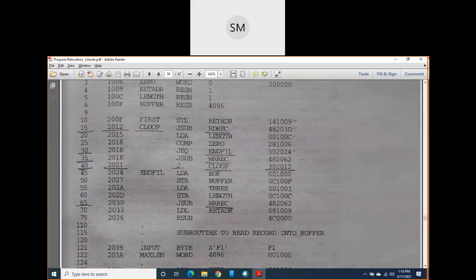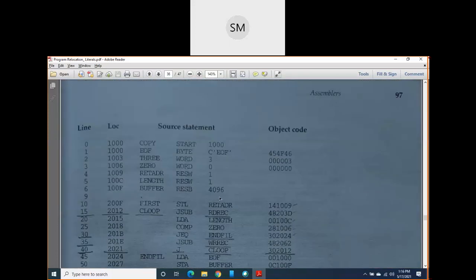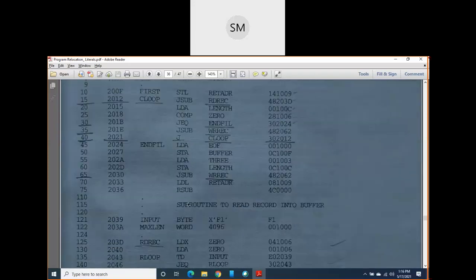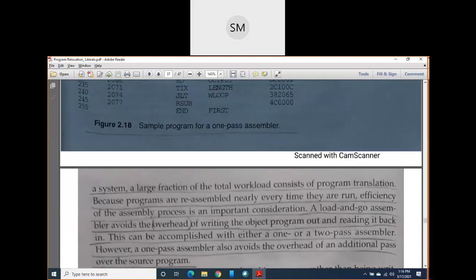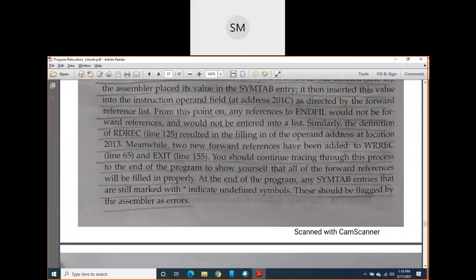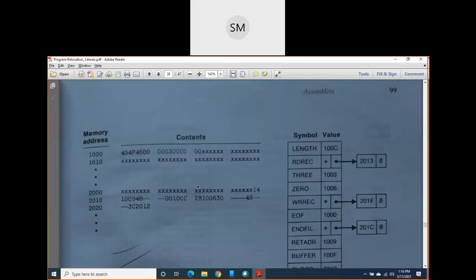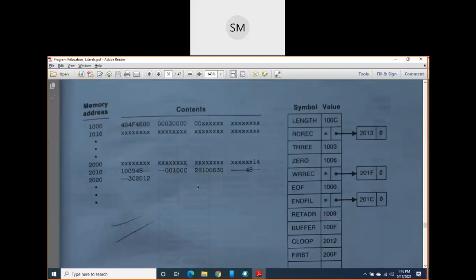So this program, our earlier SIC program, we modified here. It means we have written the symbol definition section first, then we have written the logic of the program. For every subroutine we did like this. Then we tried to eliminate the forward reference like this.